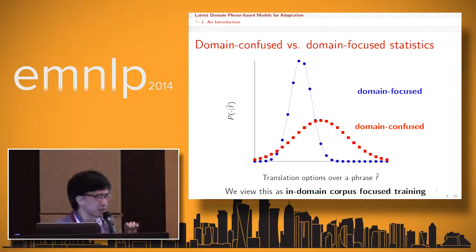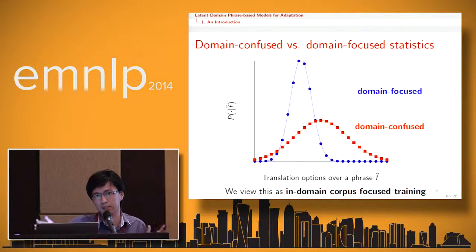To illustrate the challenge, you can see the picture here, where the red curve represents domain-confused statistics. For example, we have a phrase f, and there are too many possible options. Looking at the curve, we cannot know which one is the best option. The translation options that are relevant to the task don't necessarily mean it's the best in terms of translation probabilities. So the challenge is how we can learn domain-focused statistics, which, as you see here, are not flat anymore. It's really sharpened, and we can easily find out which one is the best translation with respect